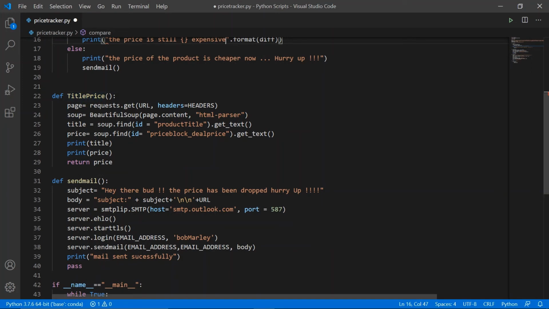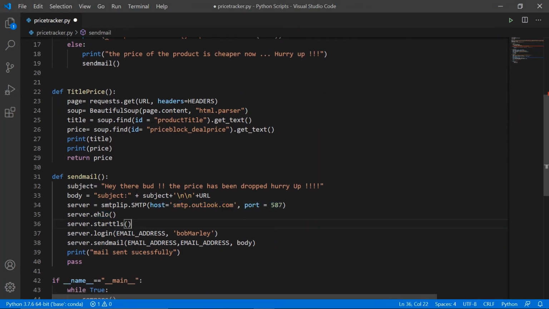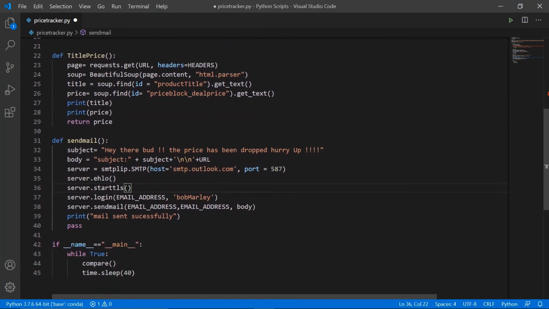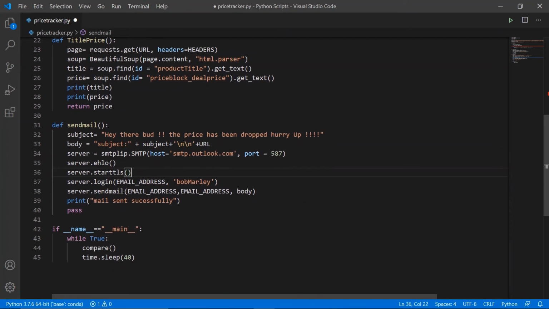Okay, headers, this thing is right, this line is also right, page.content, html.parser. Sorry, here I didn't enter the parser. Remember, it's html.parser, and after getting to this, it is soup.find. Okay, this one is also right. Here a small twist is there. I will tell you shortly, because I'm going to use the split function here, and then we go to this function, send mail.